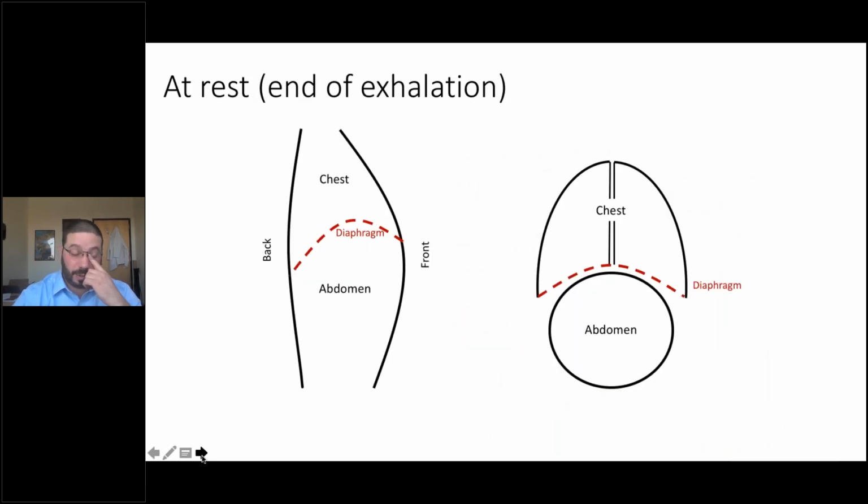So here are my silly cartoons of a chest at rest. So this is when you exhale. On the left side of the screen, you're going to see a side view or a profile of the chest, and it's labeled back, front, and then chest and abdomen. The diaphragm will be the dotted line in red. And on the right side, you'll see a frontal view of the chest with the right and left lungs, and then the abdomen is the circle. So this is at the end of exhalation,